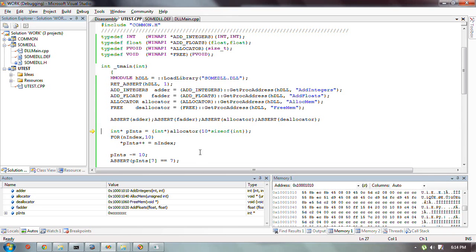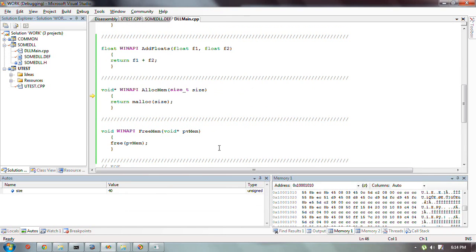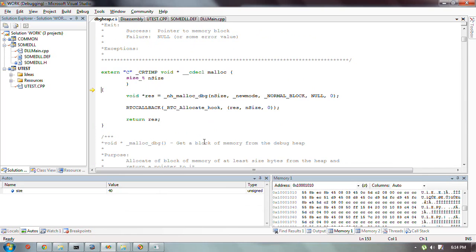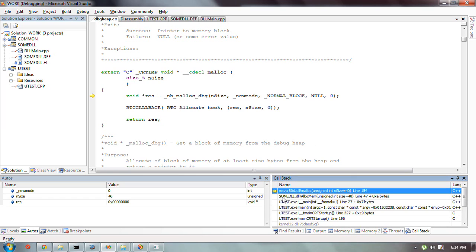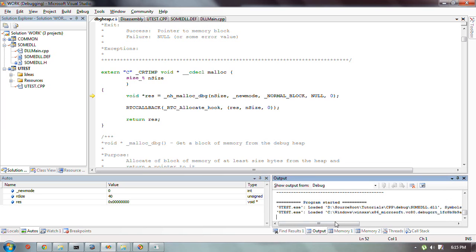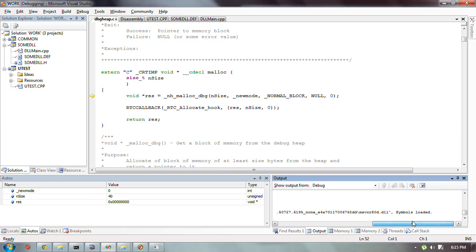Let's step into this. Okay. Here we are. Now this is all quite familiar. But look where we are. MSVCRT80D DLL. And where is that? That's this DLL here that got loaded when we loaded that. So therefore, even though this is a debug malloc,